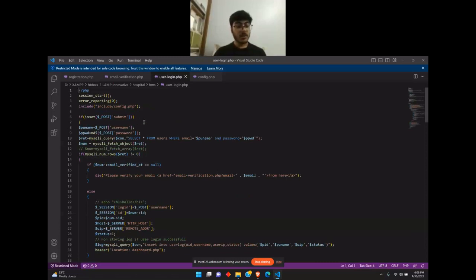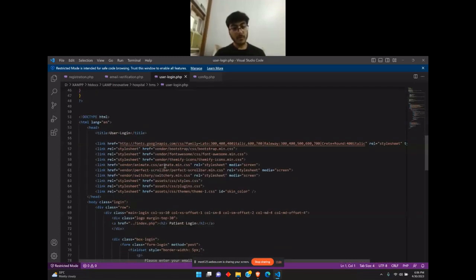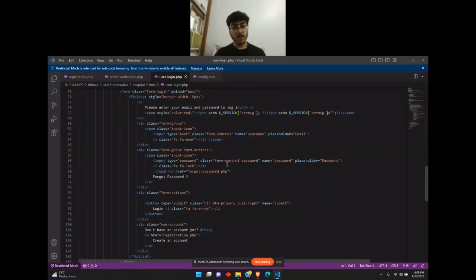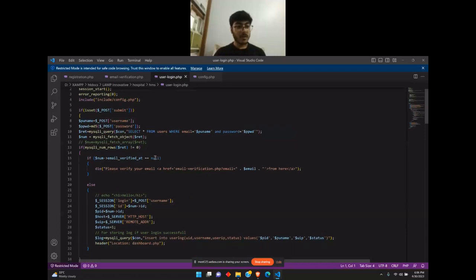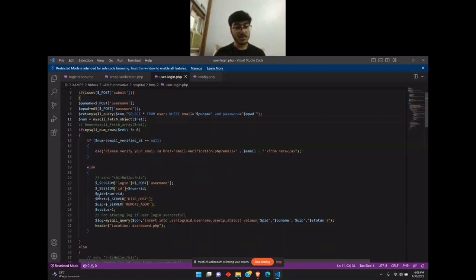Here, in the user login page, the form is provided for filling in the inputs of username and password, as you can see here. There are also other functionalities of forgot password and create an account, but we will look at them later. So when we are entering the correct password, it will fetch the details from the SQL database. If the database has the matching entry, then we will go to the session and start a new session for the user. And if it fails,